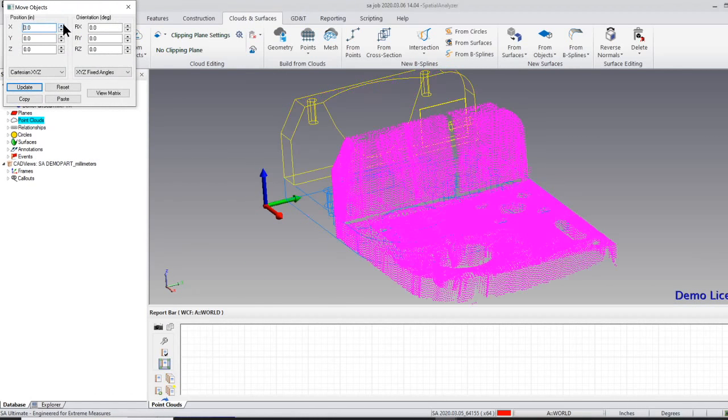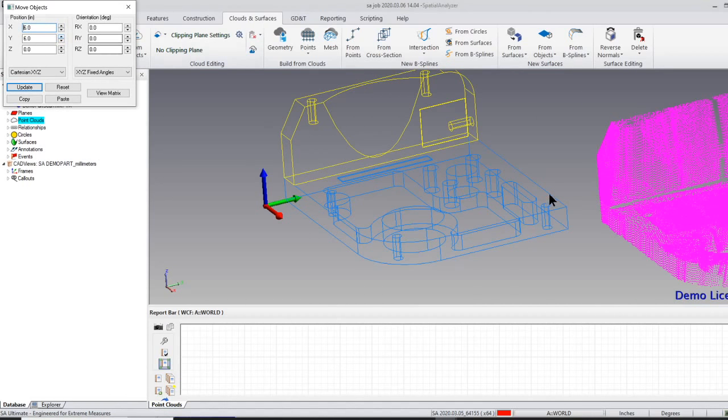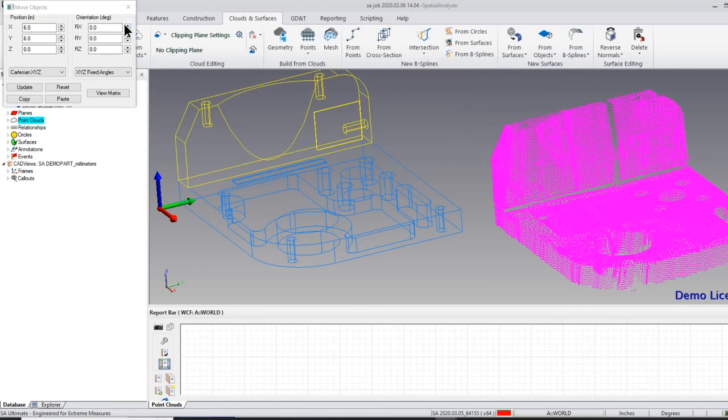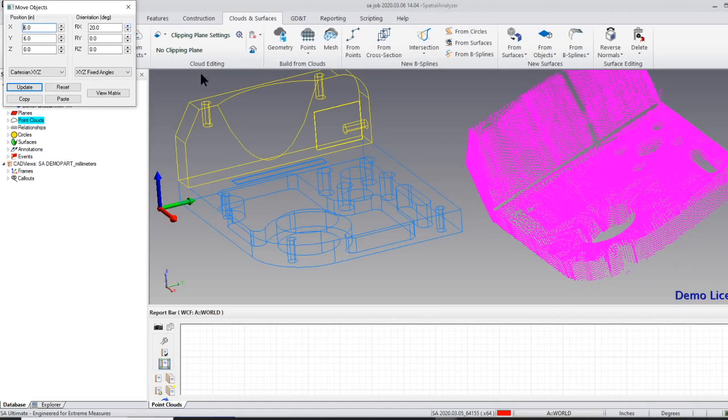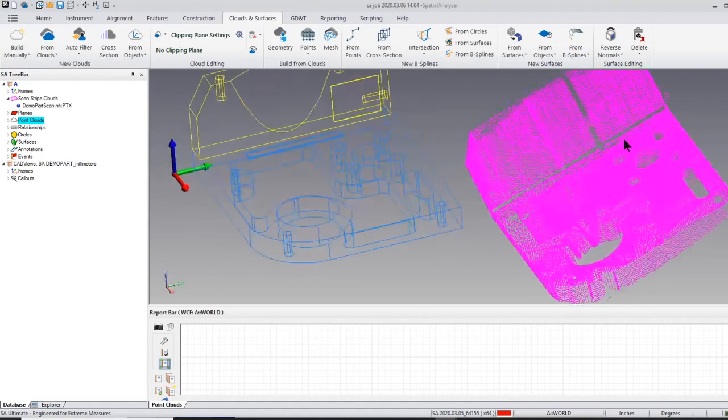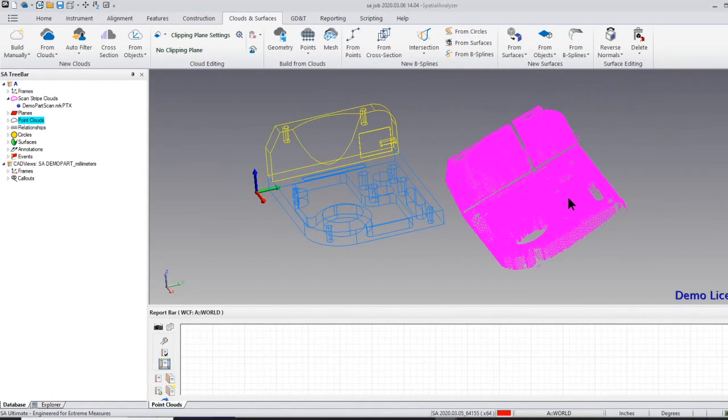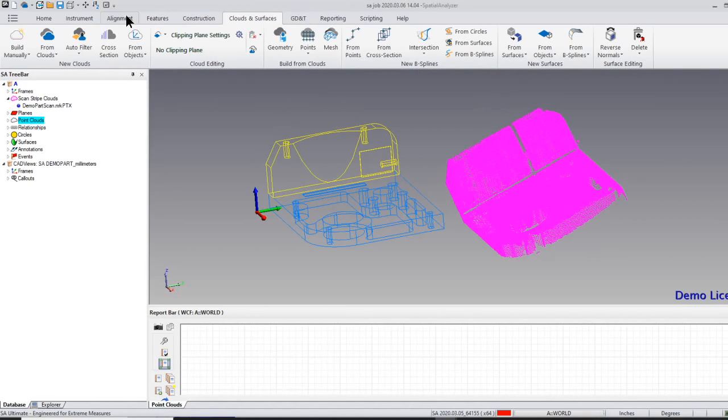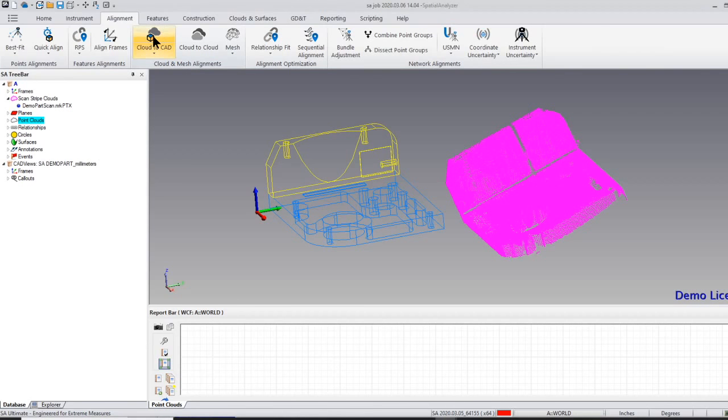Let's move it again, a little bit in X, a little bit in Y. Let's add some rotation just for fun. All right, and close. To do a rough alignment initially, we're going to go to Align, this cloud to CAD